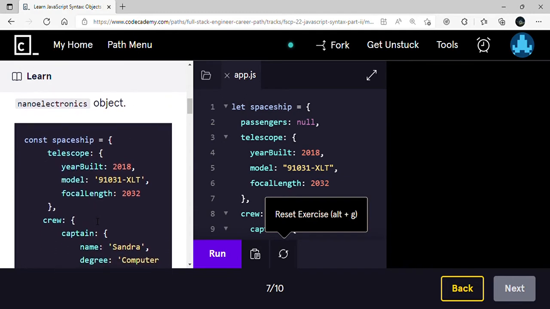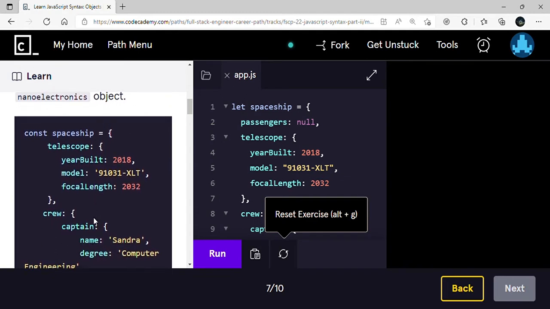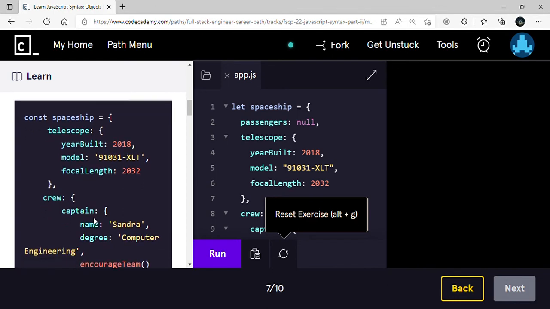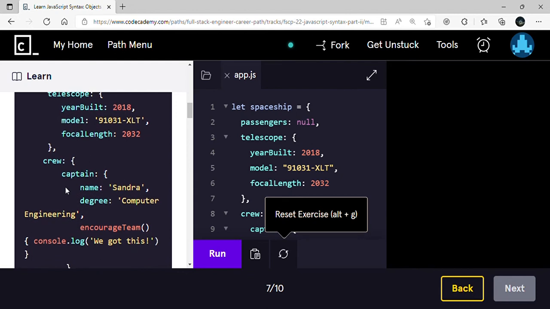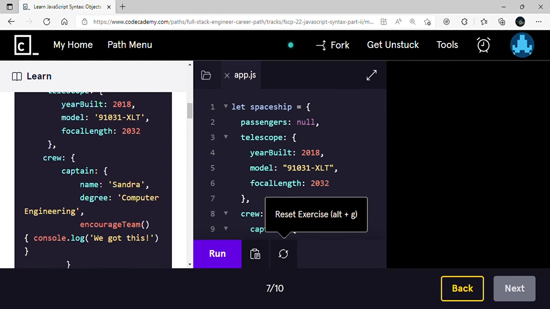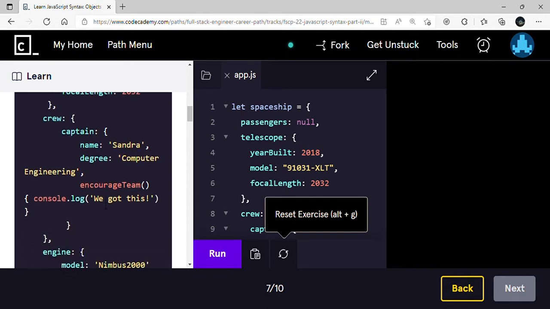Alright, so we've got object spaceship with a nested object telescope, with properties of year built, model, and focal length. Then we've got another nested object of crew with a nested object of captain with two properties, name and degree. And within the captain object we have a nested function called encourage team, and encourage team